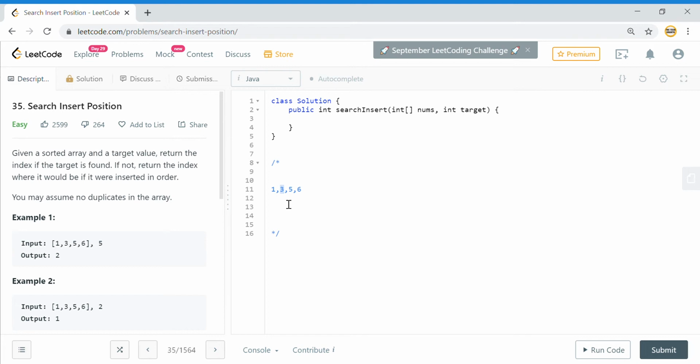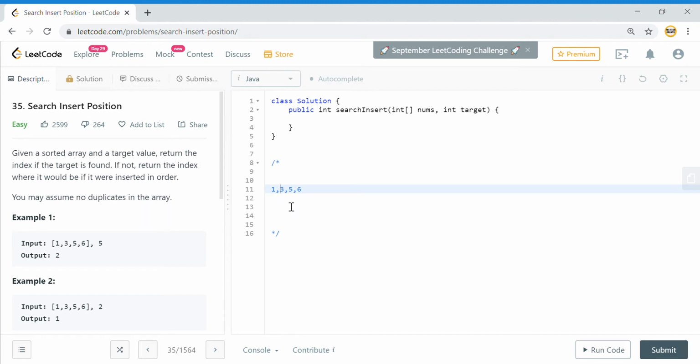So coming back to this, what we will do is go to the midpoint of the array, and check whether that element is equal to the target element or not. So I have to search again 6 in this array, so I will go to the midpoint of this array, and I will see that okay, this element is not equal to 6.